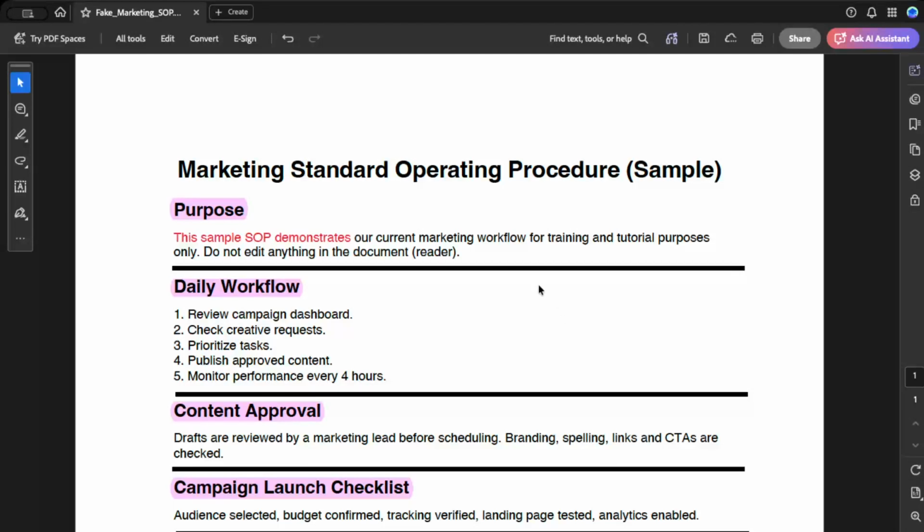In today's video, I'm going to teach you how to change page size in Adobe Acrobat. If you need to resize a PDF page for printing, sharing, or standardizing a document, Adobe Acrobat gives you a simple way to do it. In this walkthrough, we'll use the built-in page tools to choose a different page size and apply it to your